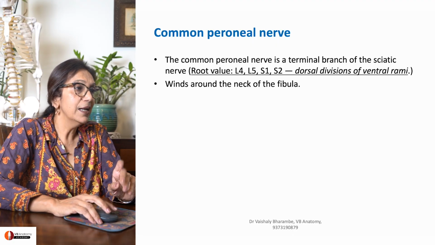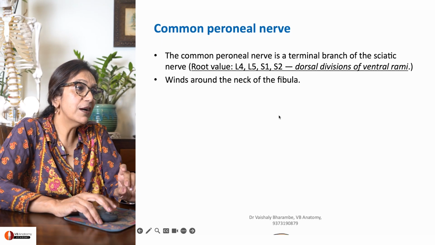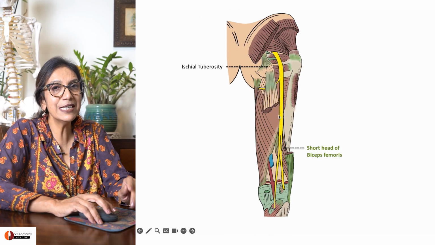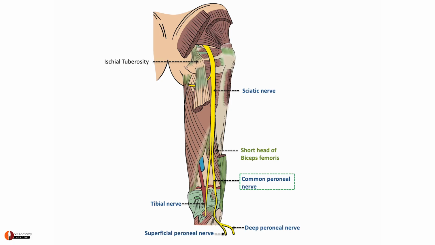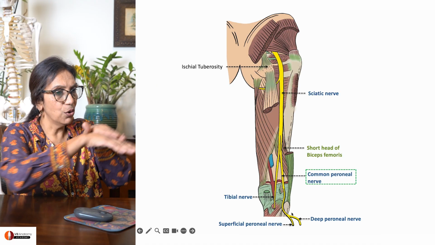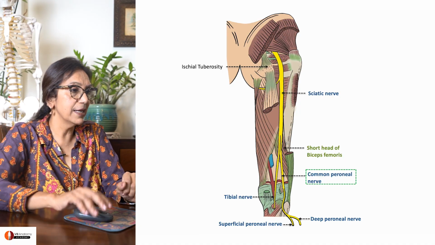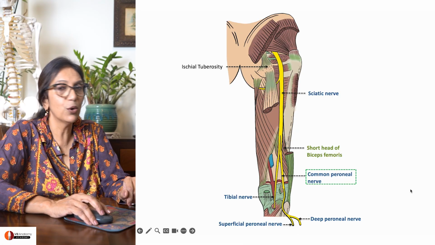Okay, get that? Remember the nerve descends down across your popliteal fossa to wind around the neck of fibula. Best to see it? Okay. So, here's your sciatic dividing into tibial and common peroneal. Now, focus on the common peroneal. See how it's dividing into deep peroneal and superficial peroneal at the neck of fibula. Okay, so how it crosses the popliteal fossa, all the time being on the lateral side, at the neck of fibula, dividing into deep and superficial peroneal nerves.